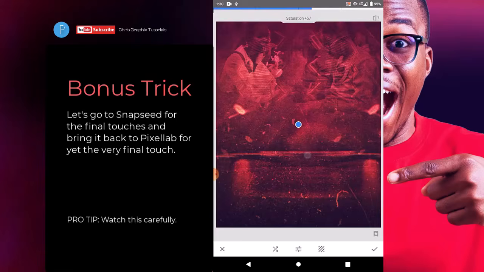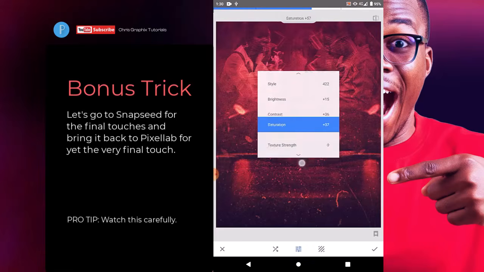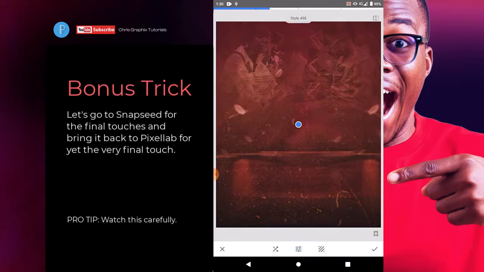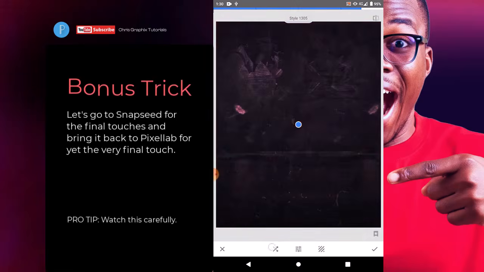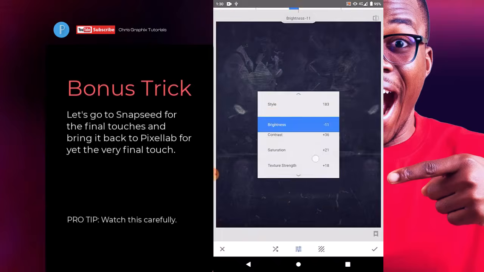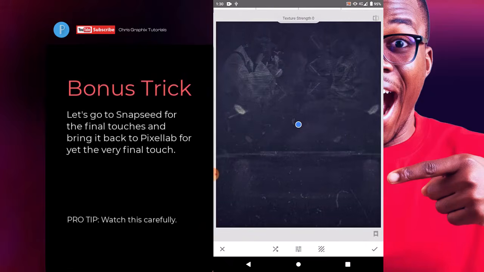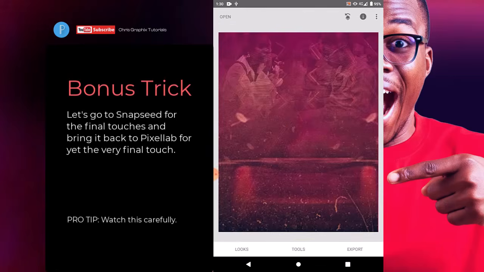Let's reduce saturation. Style. So you can change the style. You can even use this to be changing the style. After you change the style, if you're okay with that, check the strength, texture strength, reduce texture strength, and all of that. So you can just manipulate this to fit what you want. Okay, so for me, I think this is okay. Now after you are done here, you can now take it to Pixellab, and it's just for you to